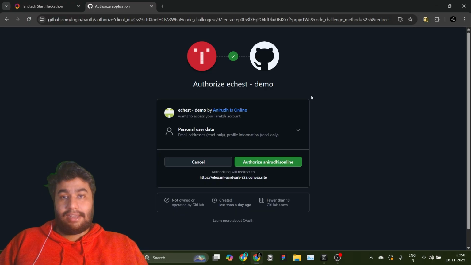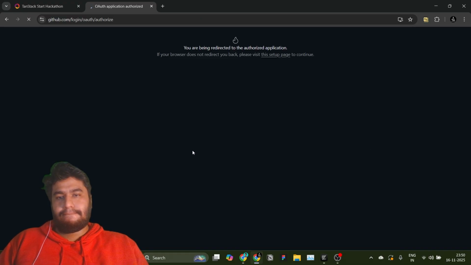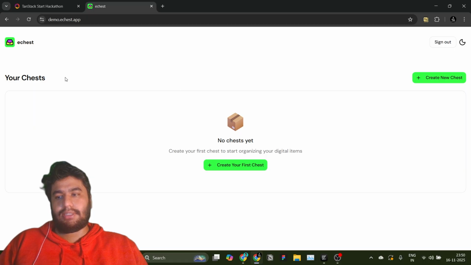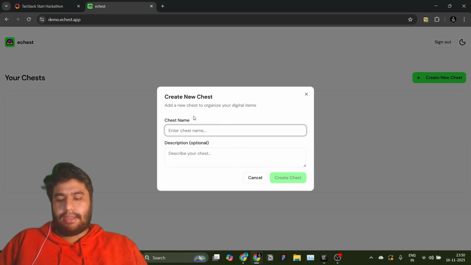Once you click sign in with GitHub, you will see this authorize Echest demo. You can click authorize and it will redirect you back to the home page. As you can see, this is the home page of our app. If you don't have any chest, it will just say no chest yet. Create your first chest. So I'm gonna create mine and I'm gonna name it